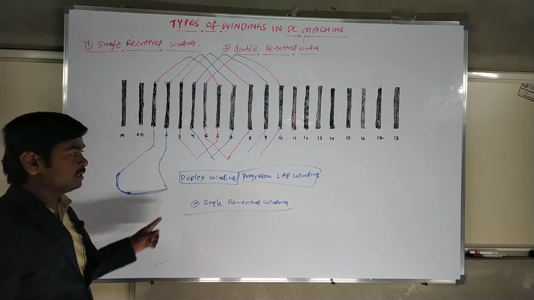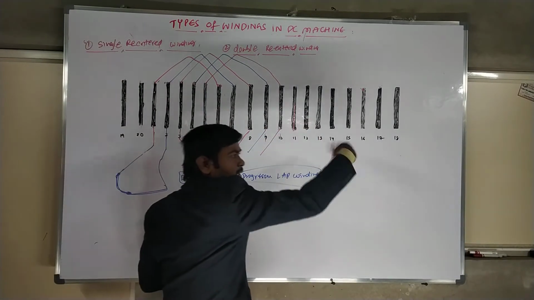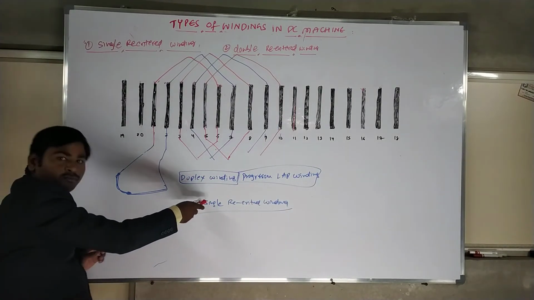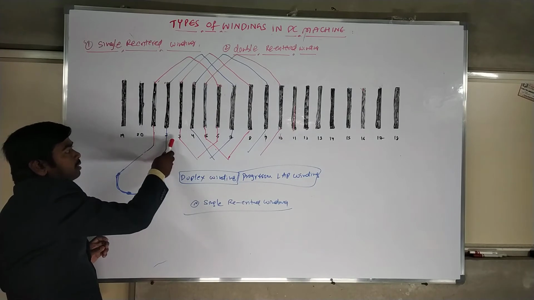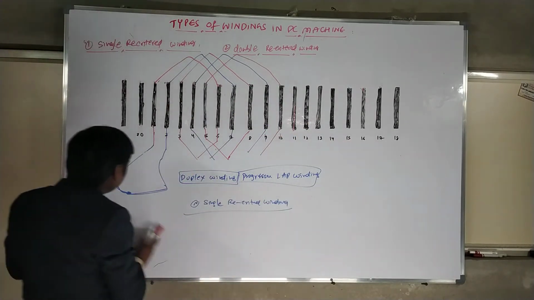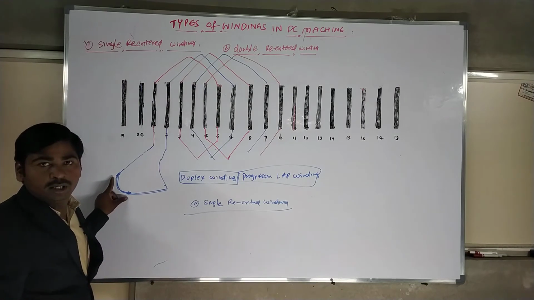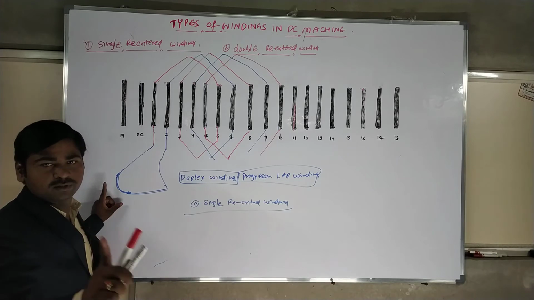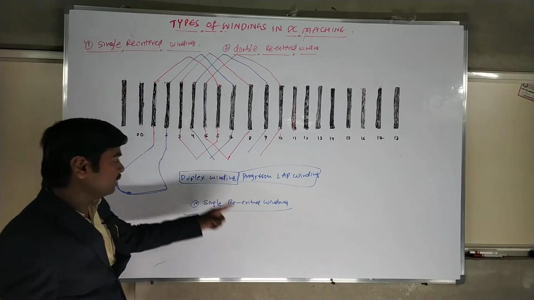The first loop is over. After that, the ending should come like this. The same winding should fill the remaining empty slots. At the end, you can connect over here. It means only a single bunch, only one bunch of conductors, one bunch of single winding. It keeps on going. It's a singly re-entered winding.